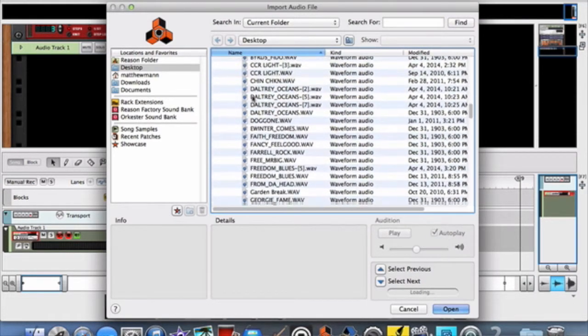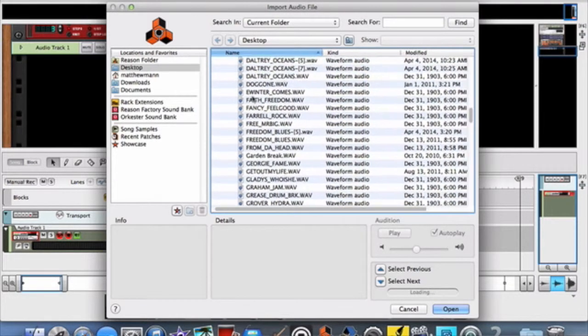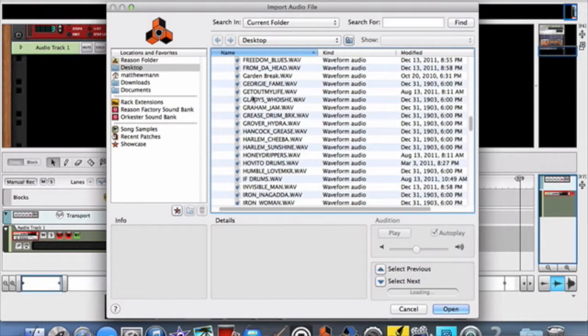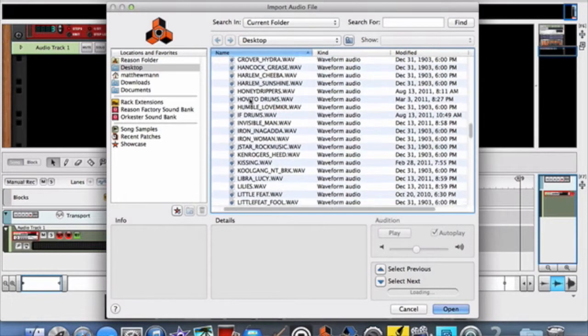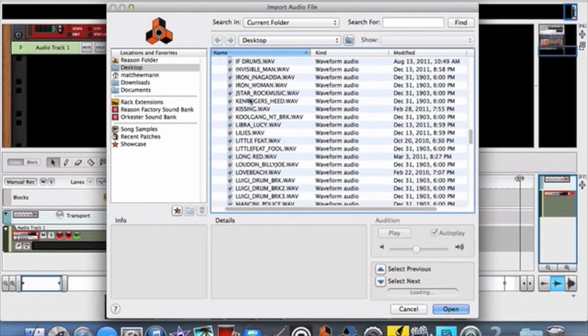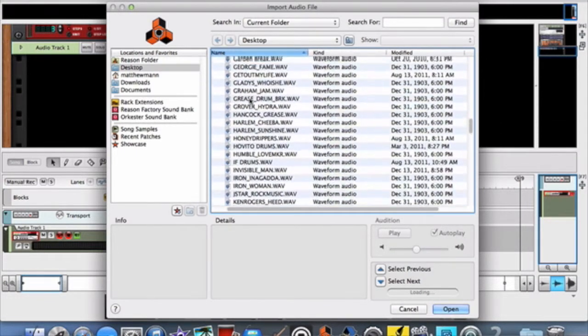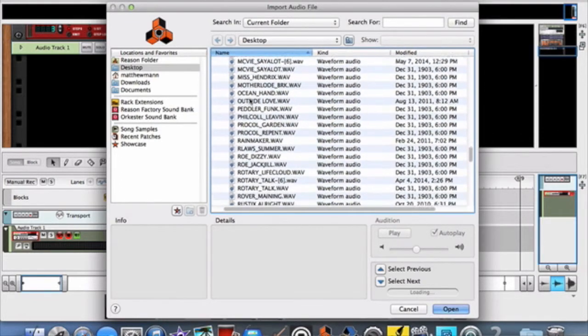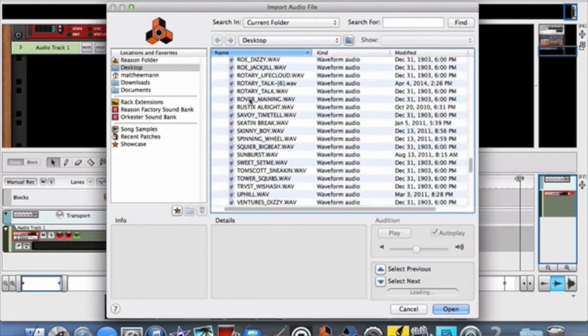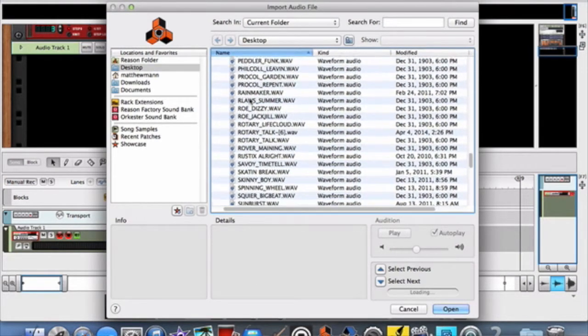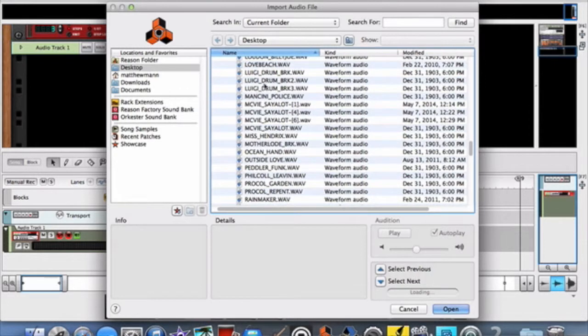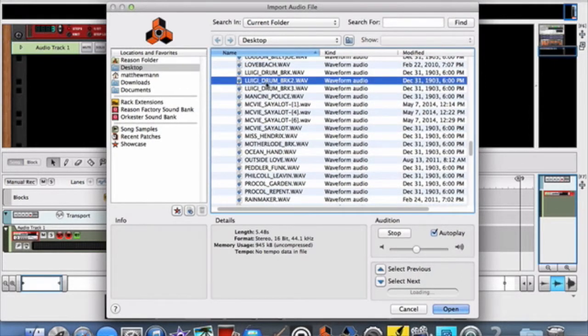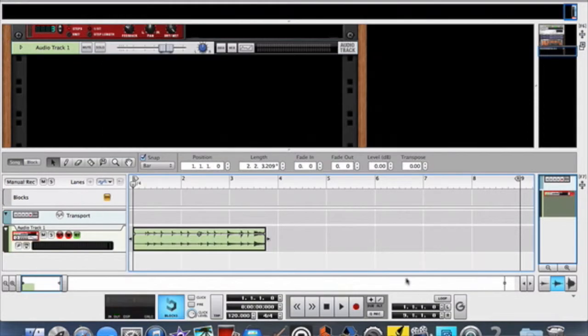And we'll just go through a list of what drum break I want to choose here. As you can see, I got quite a few drum breaks. Let's see. I'll actually go for the Luigi drums here. And if you didn't get a chance to check out my drum crate video, you can see that record in that video. So now we've got them loaded up,